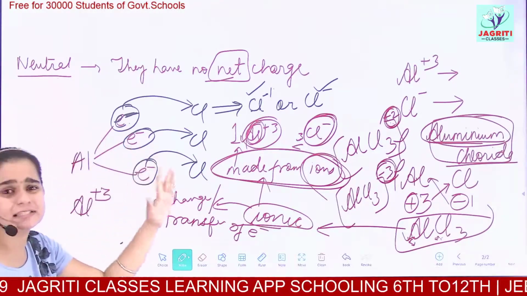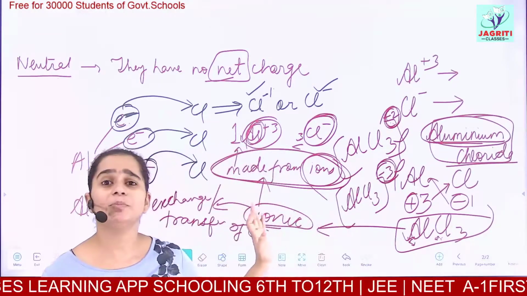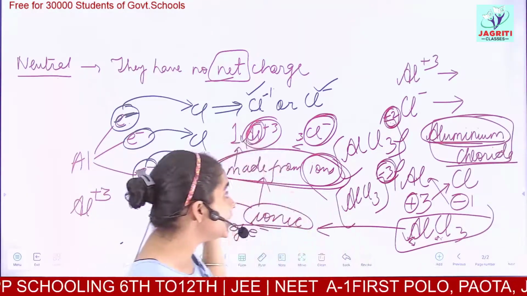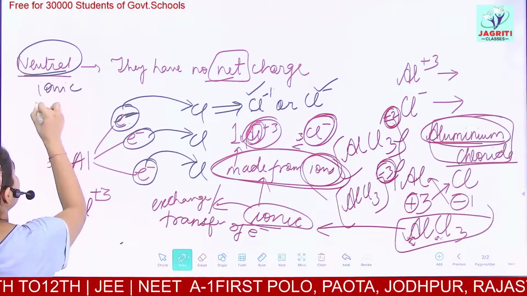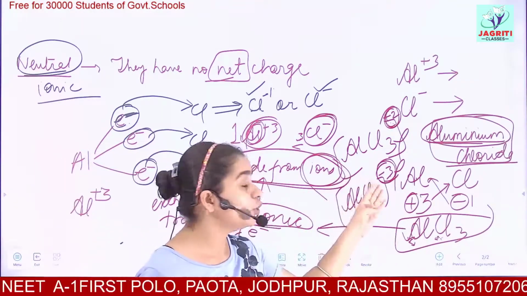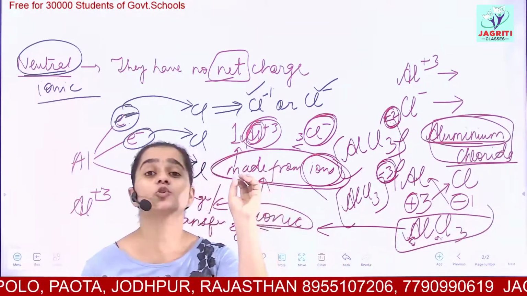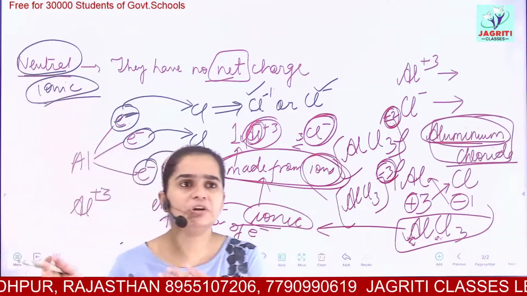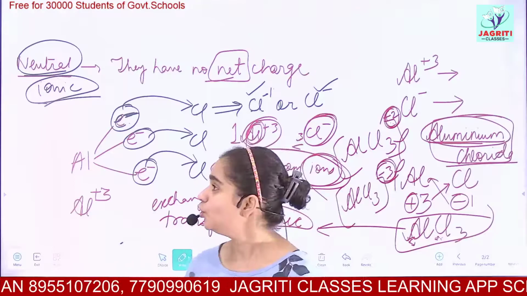These are the basic concepts, and I want you to clear all your basics, okay? So you will have no problem in further studies. But if you just cram or mug up the things and you don't clear your basic concepts, that is, if you don't know the difference between neutral, the meaning of the word ionic, then you will not understand the further concepts which we will study. Like in the 4th chapter, when we study carbon and its compounds, there you will see a new word, that is covalent. If you don't know ionic, and I tell you that covalent means different from ionic, then how will you understand? You will not get anything.